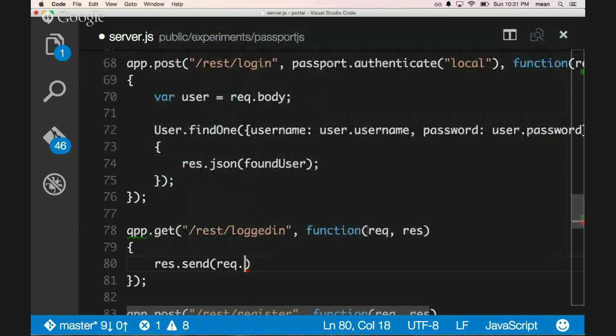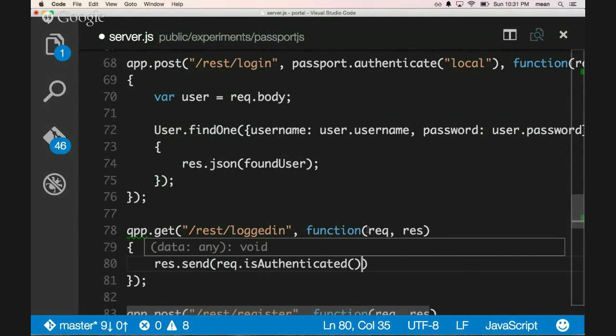So Passport adds these functions into the request object and the response objects. So is authenticated, this checks to see in the cookie whether the user has been authenticated, and if